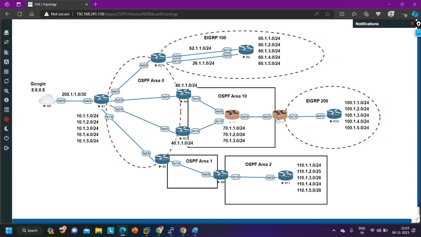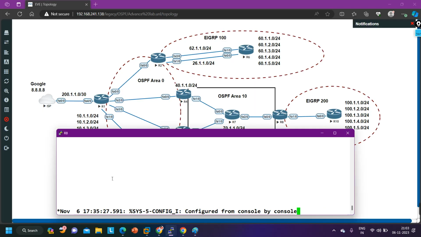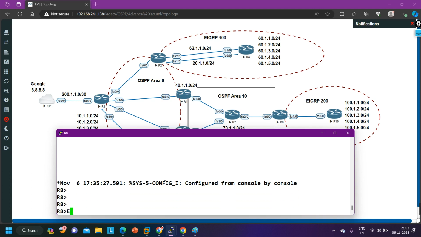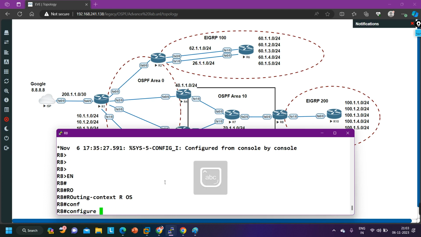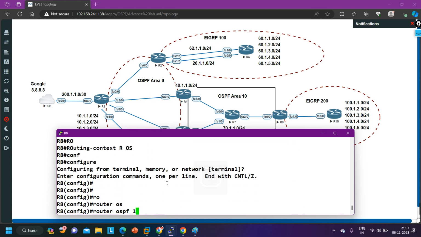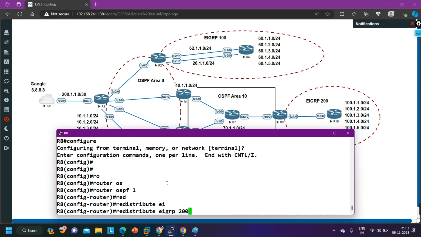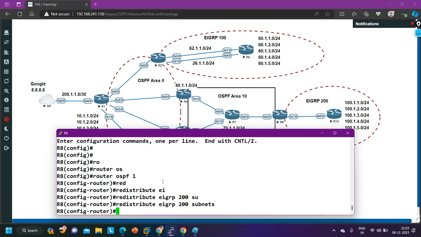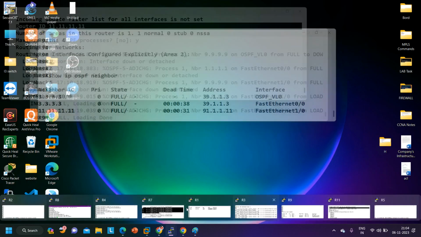So here in my scenario on router number 8, I am going to perform redistribution first. The first command is the basic command, router ospf 1, and then redistribute eigrp AS number 200 and subnets. Now if I redistribute it like this, you can see on R1 or on R7 also,